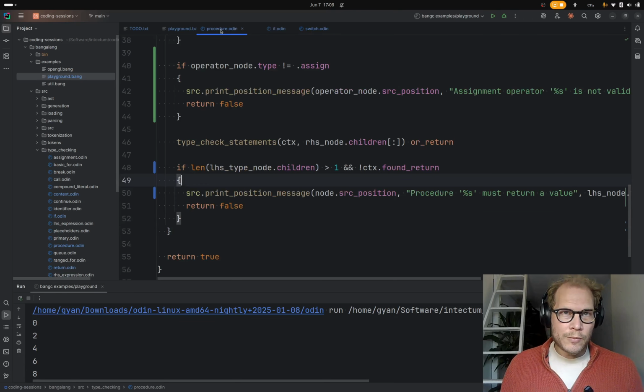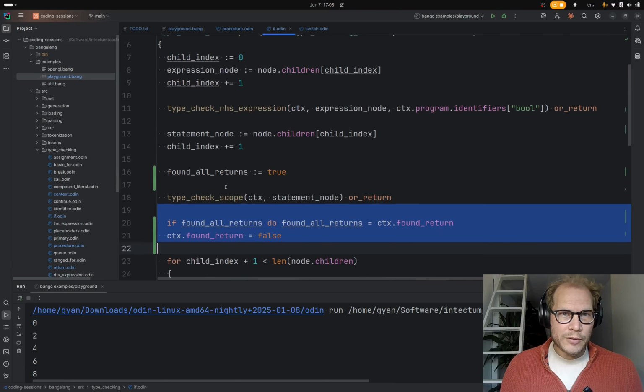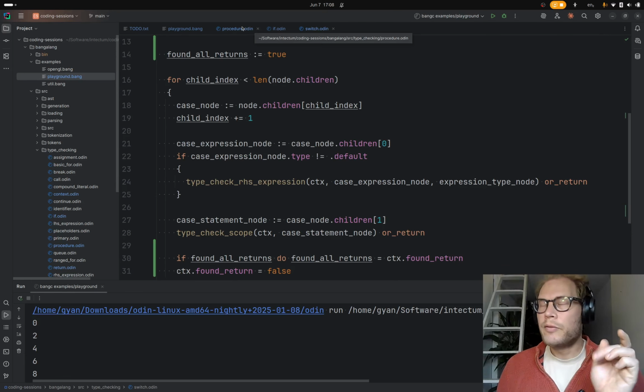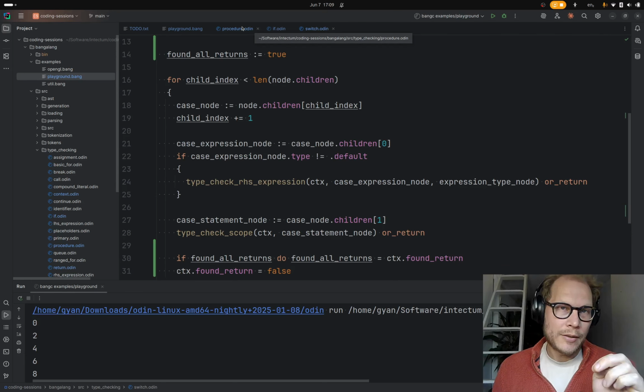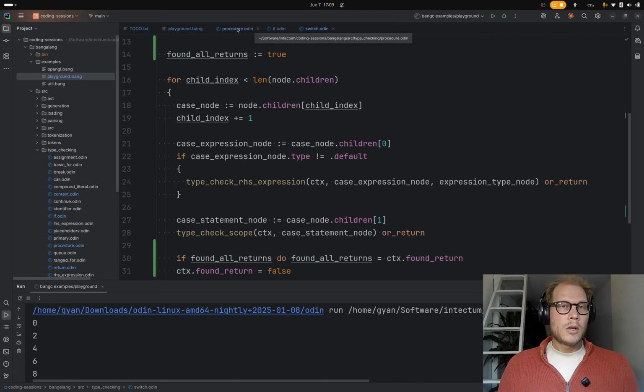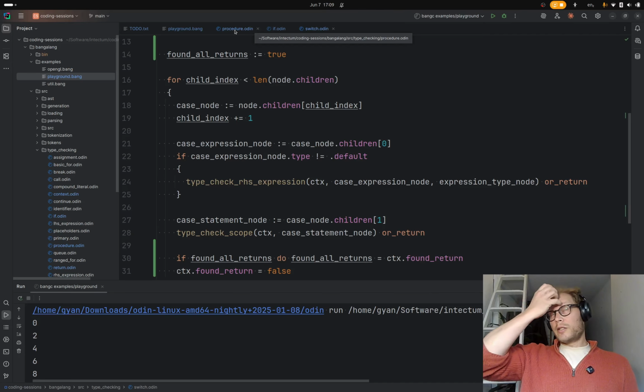So we need to have this found all returns, like so. And switches have a default case, which is kind of like the else in if, you know, it's the catch-all. So for us to know that all branches return, there needs to be a default case that also returns.